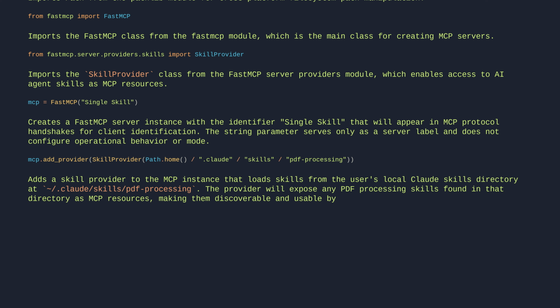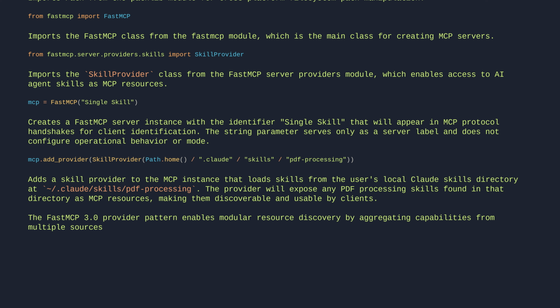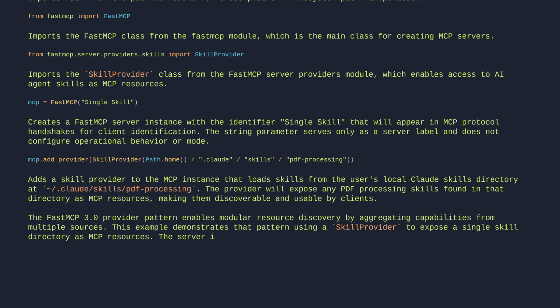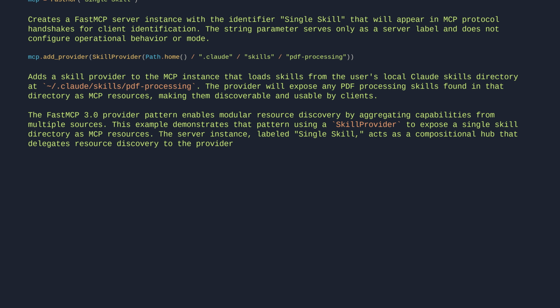The FastMCP 3 provider pattern enables modular resource discovery by aggregating capabilities from multiple sources. This example demonstrates that pattern using a SkillProvider to expose a single skill directory as MCP resources. The server instance, labeled Single Skill, acts as a compositional hub that delegates resource discovery to the provider. The SkillProvider targets a specific directory, making its contents available to clients through standardized MCP protocols with